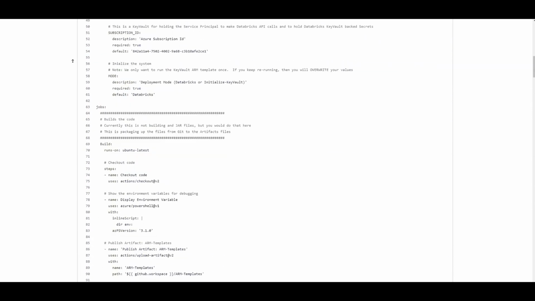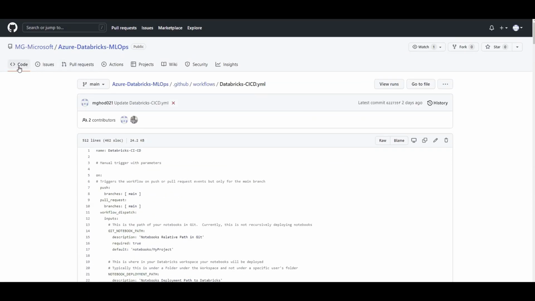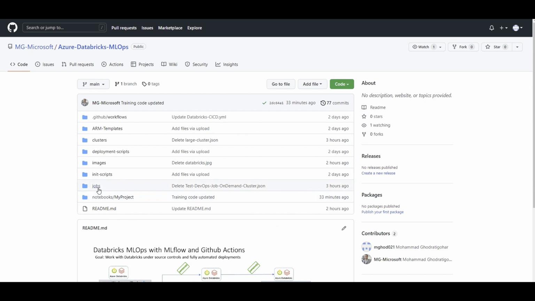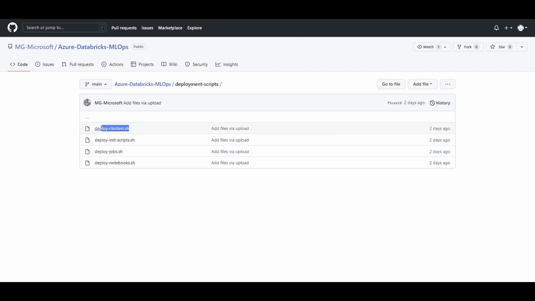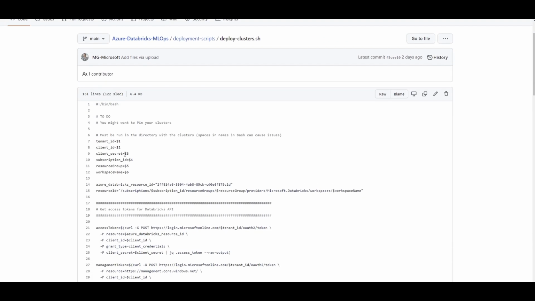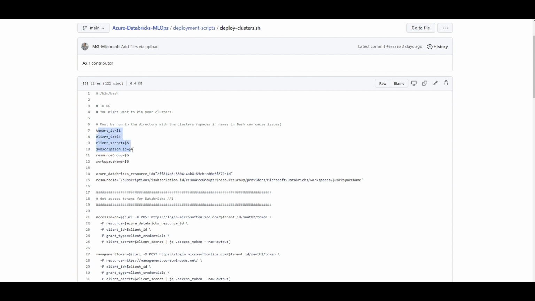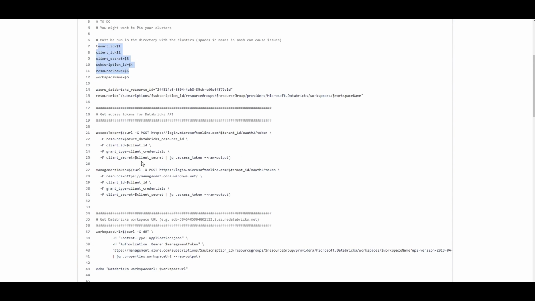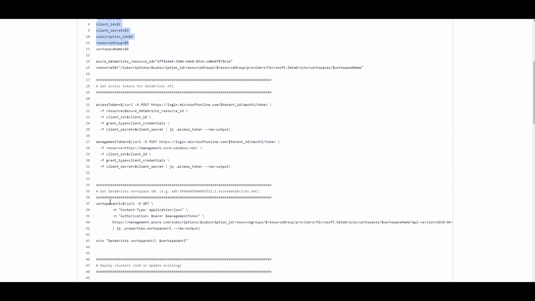So let's check out these files, how they are doing the deployment. If I go all the way back to my code and then click on deployment script, there you go. I have clusters, scripts, jobs, notebooks. Let's check out the cluster. We can say that it is accepting some inputs, all those credentials we saved before, and then using the Databricks API, using the service principal we have identified for Azure AD,